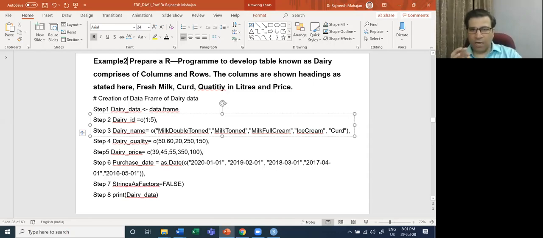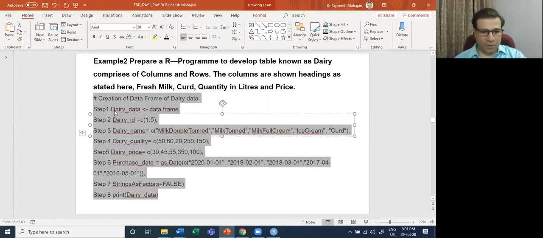The columns are shown in the headings as stated here: fresh milk, quantity in liters, and price. So this is the code which I am picking up to create a data frame of a dairy with the given set of information.